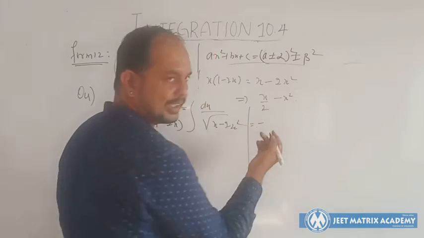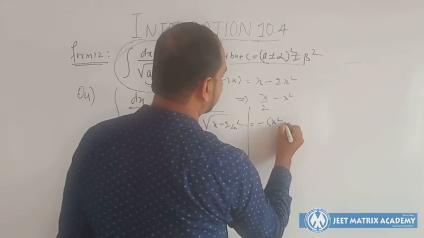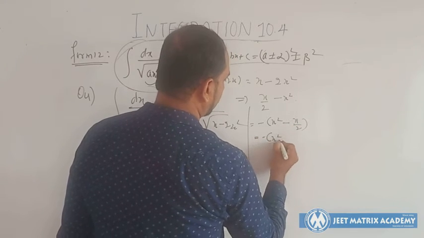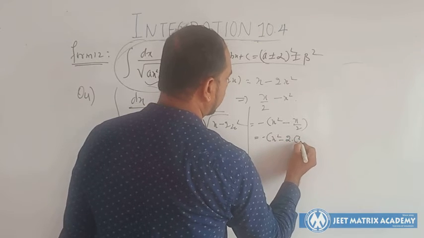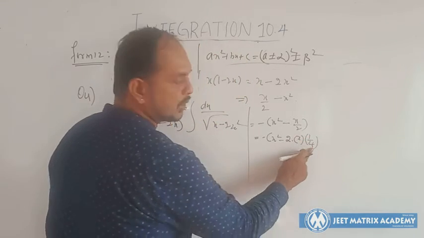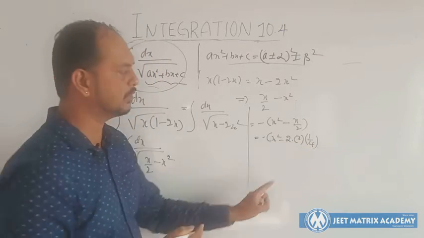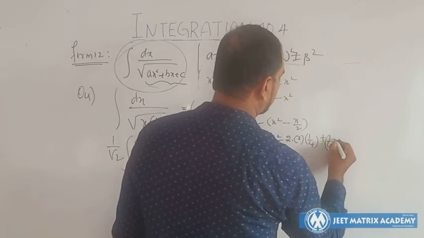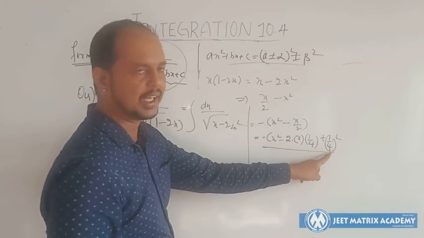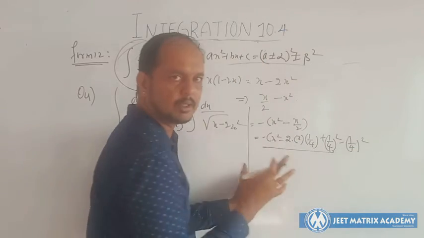Okay, what I can do, I'll take the minus sign outside, so it will be minus, and open the bracket, x square, this is minus x square only, and this part will be x by 2, x square minus 2 into x into b, b should be 1 by 4, 2 2s are 2, so it is x by 2, am I right? So I'll utilize b as 1 by 4, so plus 1 by 4 whole square, b square. But here nothing is there, constant, so I added 1 by 4 square extra, I subtract 1 by 4 square, so it will be compensating now.